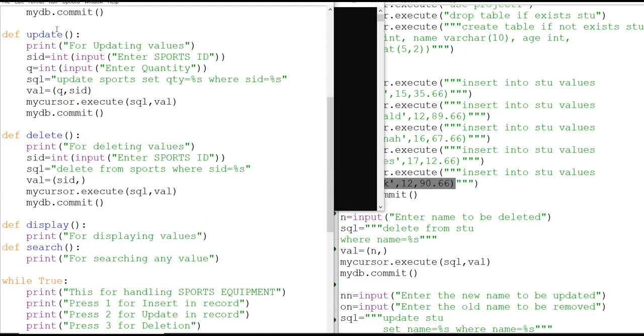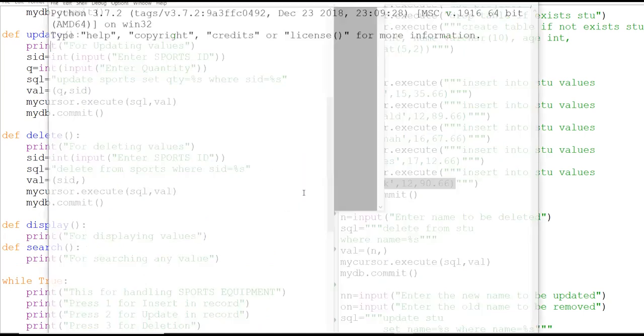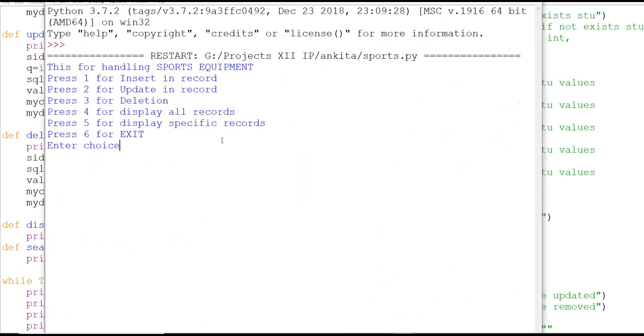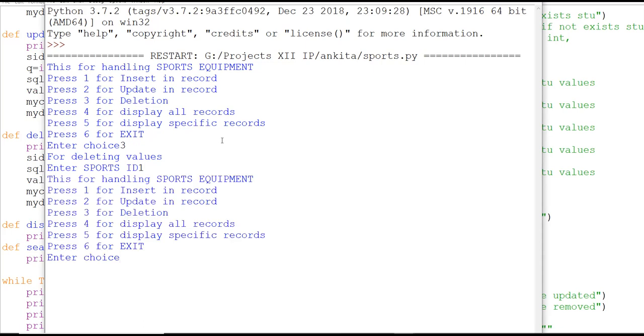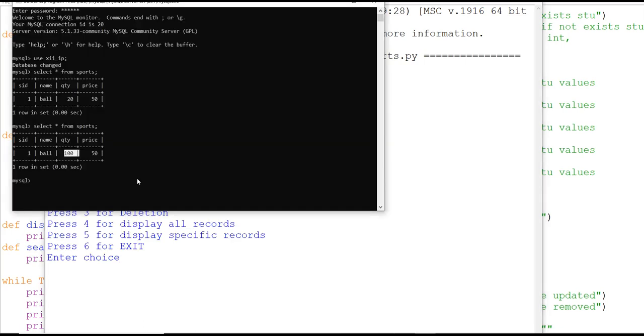So we will check this also, whether it is working perfectly or not. So third option, then we have to delete. I'm again giving first choice. Working perfectly, we can check over here. Again, if I write this, you can see it is an empty set. It means the value has been deleted.